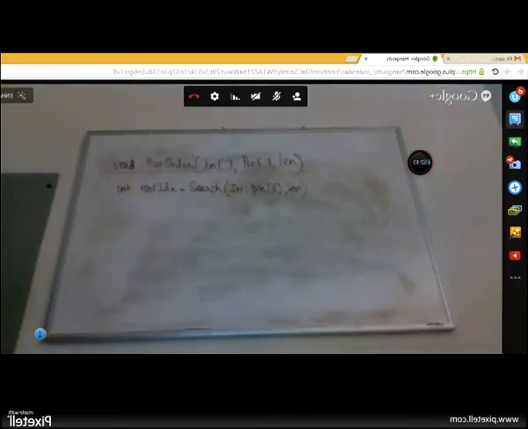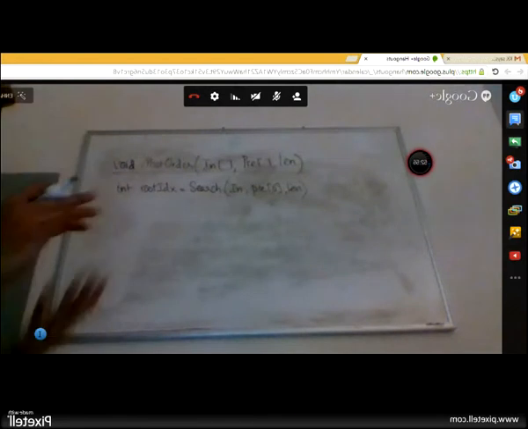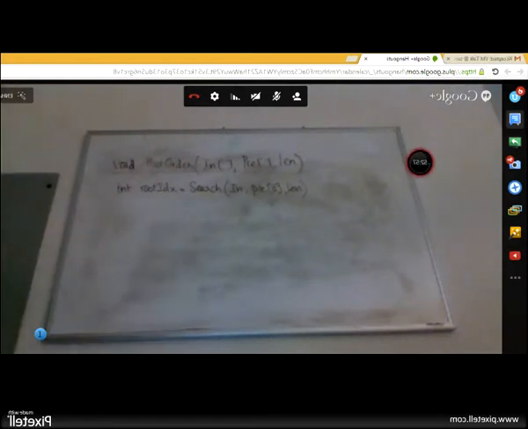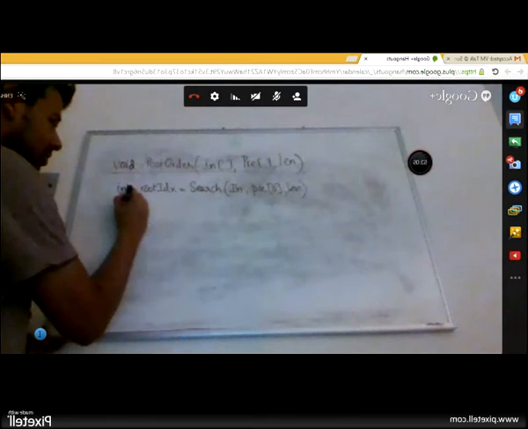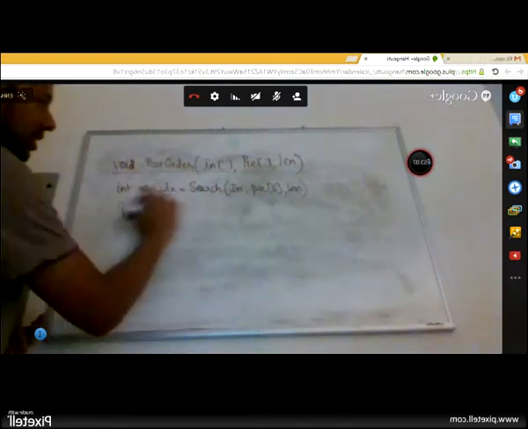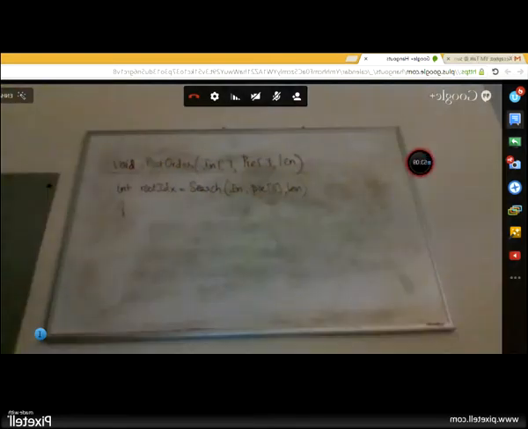Now in this case 3 things can happen, right? My left subtree may be empty, my right subtree may be empty, or I can have both of them exist, meaning I have both my left subtree and my right subtree. So let's say my left subtree is not empty. How do I check for that condition here? I have access to this. How do I check if my left subtree is empty or not?